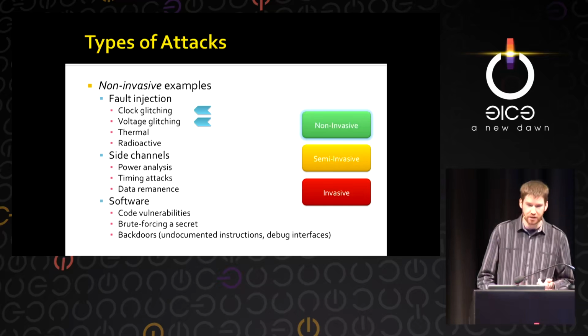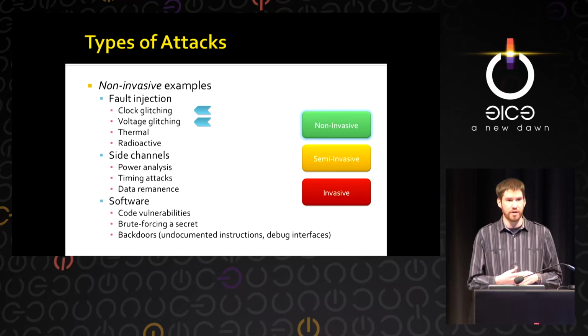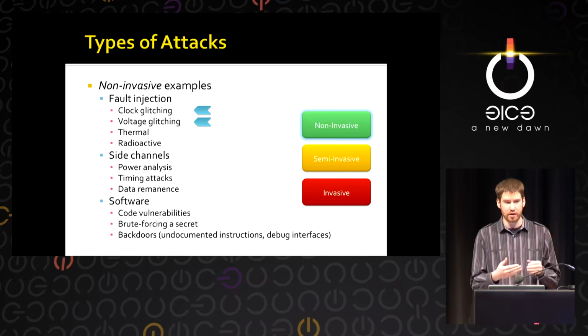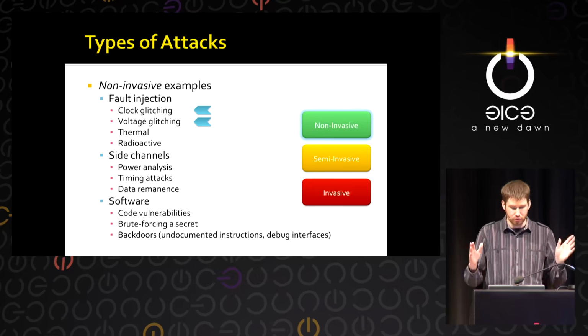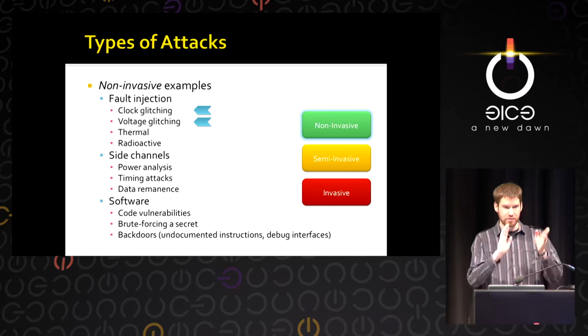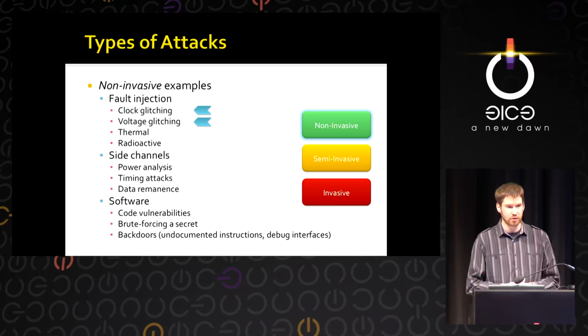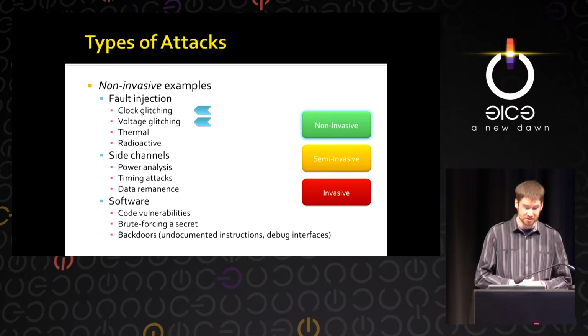So there's timing attacks, which is simply trying to exploit the fact that conditional branches, when you're checking for a password or something else, you might stop when you find the first incorrect character, and it'll stop a lot faster than if it went through all the correct characters. So you'd be able to exploit the difference in timing to know if your guess at a secret password is correct or not. Data remnants, that's pretty much your cold boot type attacks. If you do a reset or power up the device and it doesn't wipe its memory, then there might be secrets still in memory.